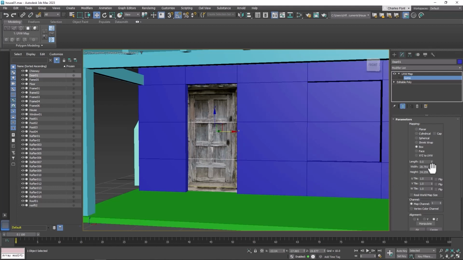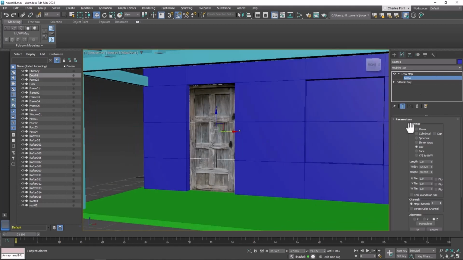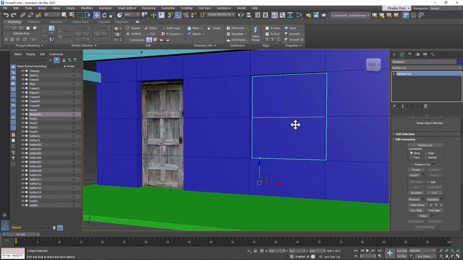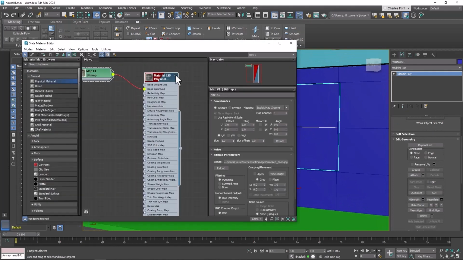And then I'm going to adjust the height and the width a little more. And move it into place. Now remember, I'm moving the map gizmo here. That's what I'm doing, until you get it to look like you want. And then you have to select the map itself to get out of that gizmo mode, and then select the next object. I'm going to close this material